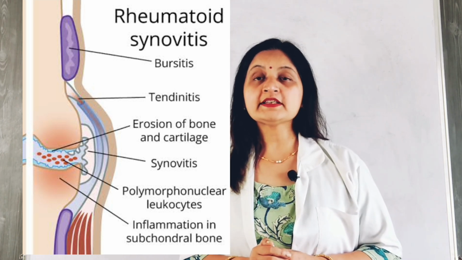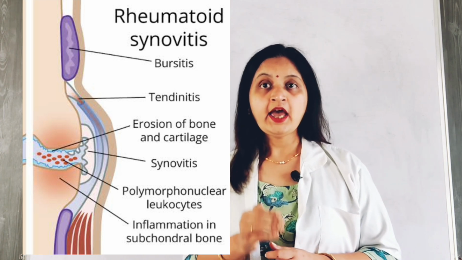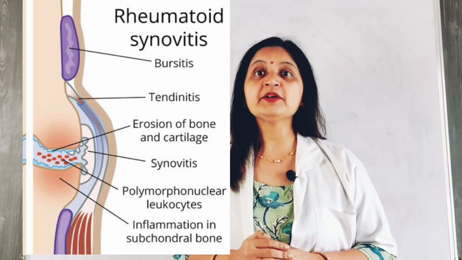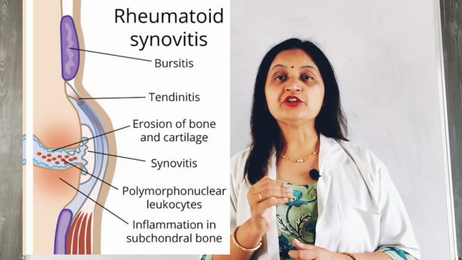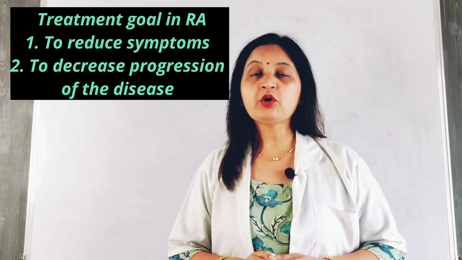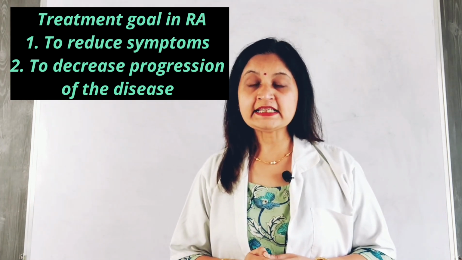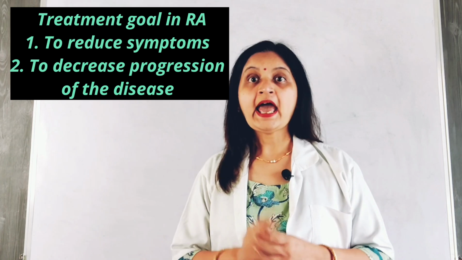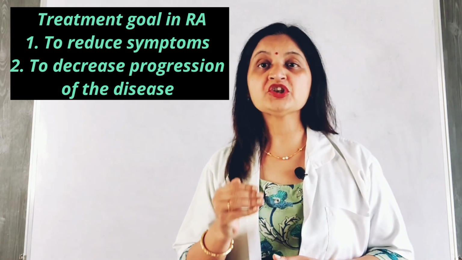So rheumatoid arthritis is characterized by pain, swelling in the joints, stiffness in the joints, and over a long period, the inflammation associated with rheumatoid arthritis can cause bone erosion and joint deformities. So this can lead to complications in rheumatoid arthritis. The treatment goals in rheumatoid arthritis are: 1, to reduce the symptoms of joint disease such as pain, swelling, stiffness, and 2, to decrease the progression of the disease, to decrease the inflammation mediated damage to the bones and the joints,